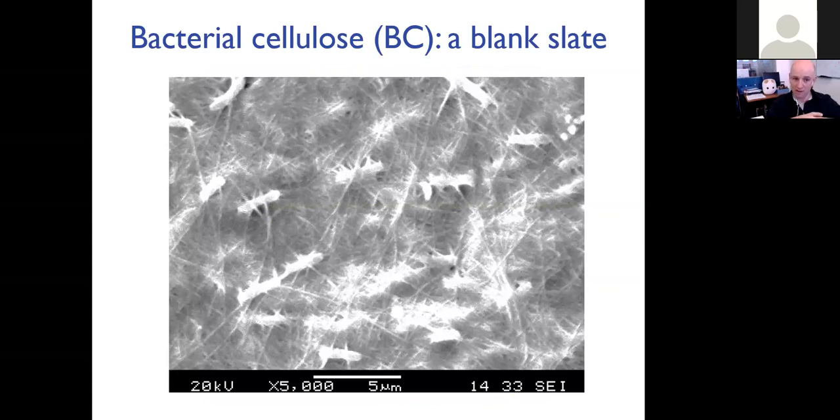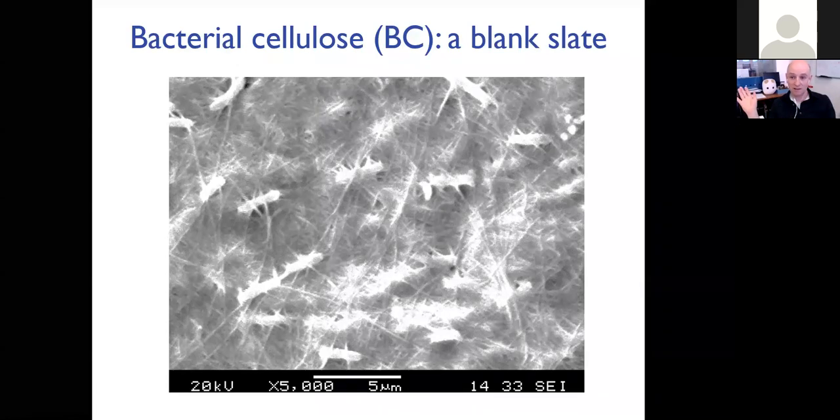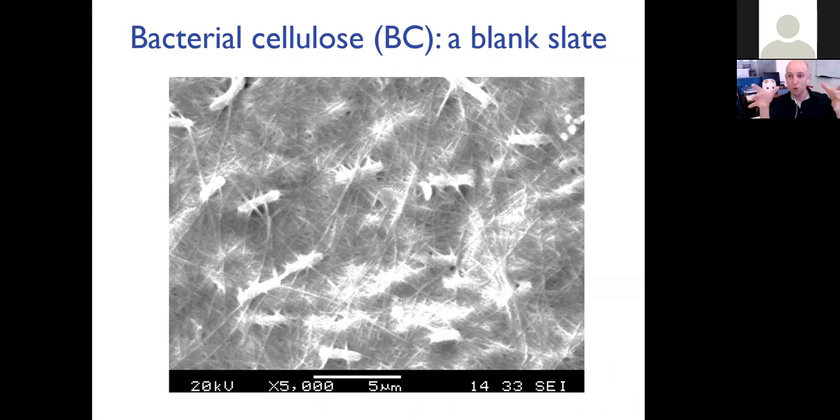But another thing that's worth noticing about this electron micrograph is the fibers are much longer than the cells. They are extruded from the cells, get pushed around in the process of these things getting made. And so some of these fibers can be not just microns in length, but millimeters in length. And potentially, theoretically, nothing's to stop it being the full distance of your tube or your flask that you're growing in. And that actually means it has very good material properties compared to cellulose from plant tissues, where the